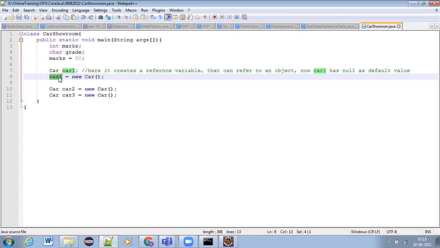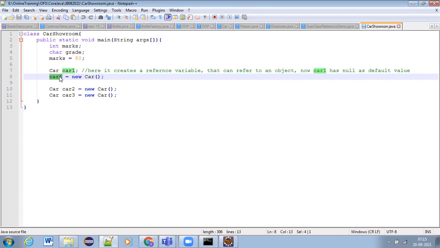A reference is nothing but you can think of the memory location address internally stored in this variable, but that physical memory address will not be exposed to us, as Java is a more secure language. Java doesn't expose the physical memory location addresses.